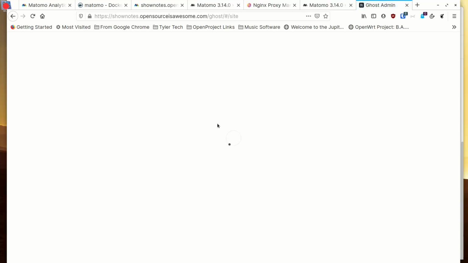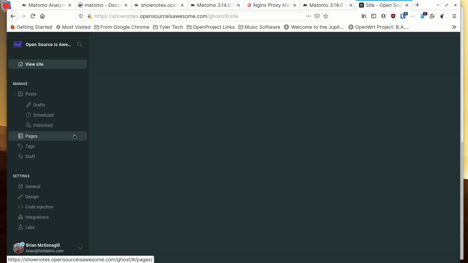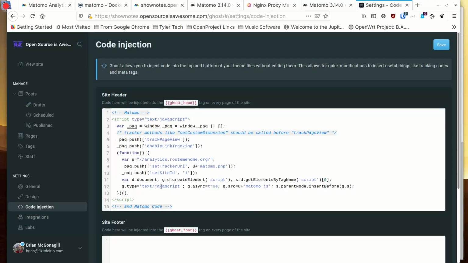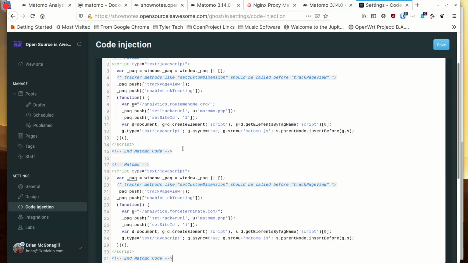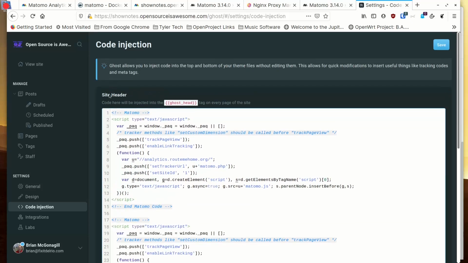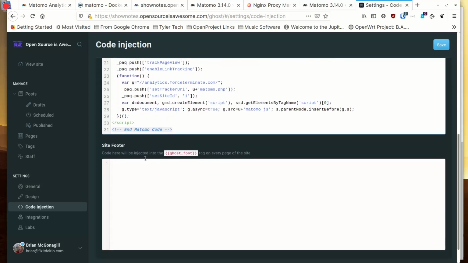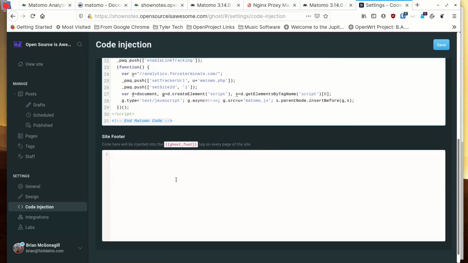I think I'm already logged in. Yeah. So here, when it's in Ghost, they kind of set this up nicely, and they have a nice little section that says code injection, which makes it really easy. And right here, you can see my current code that's already tracking something. So I'm just going to make a little space underneath this one, and I'm going to hit that, and I'm putting this into the head section, the site header section. Now they have site footer stuff too, that's where that other stuff would go inside of Matomo, so we may come back and add that in a minute. But now that I've added that, I'm going to save my changes,